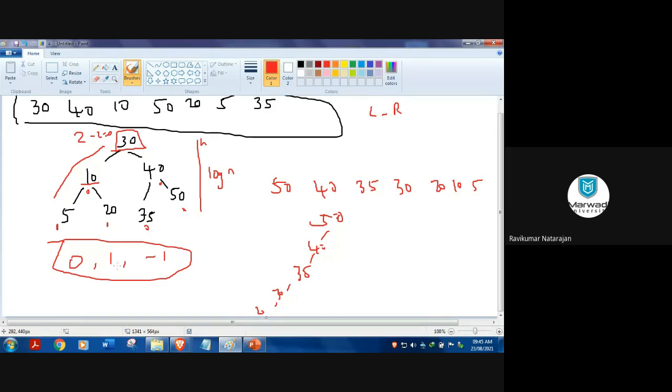But in AVL tree, we will apply the same BST concept, but every single time when we insert something, we will check for the balancing factor. If the balancing factor does not come under this category 0, 1 or -1, then we will stop inserting the element. First we will balance that tree, then we will go for the next. Fine.